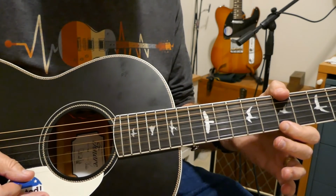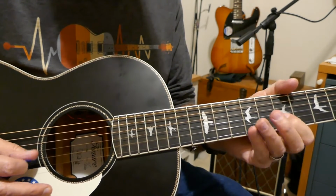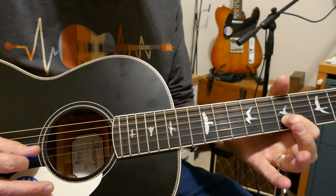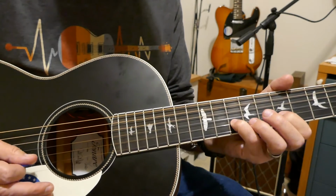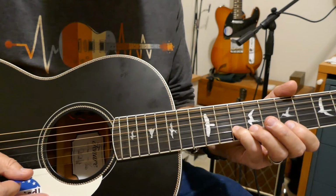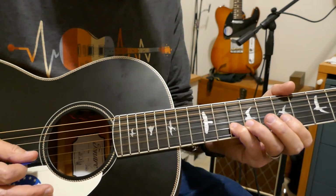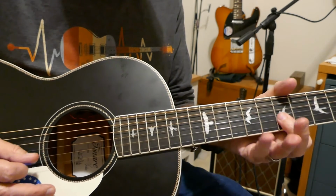Now this next lick's a little tricky. We start on the 7th fret of the B and hit it twice. So that was 1, 2, then on the 7th fret, then up to the 10th fret, back to the E string on the 7th, back to the B on the 10th, then back to the 7th on the E string, again, that's,